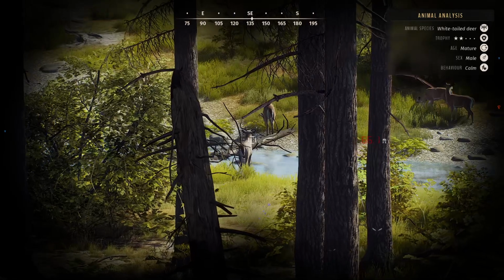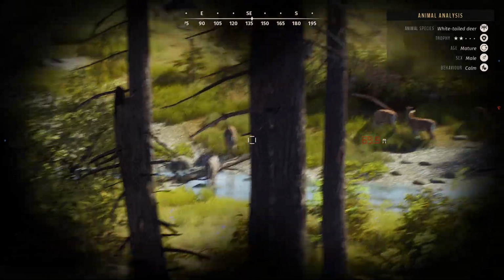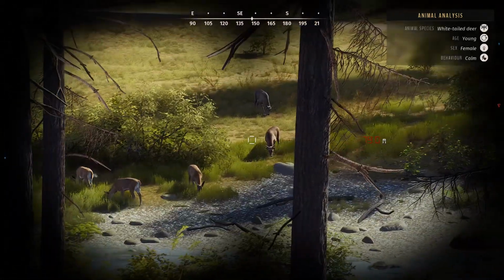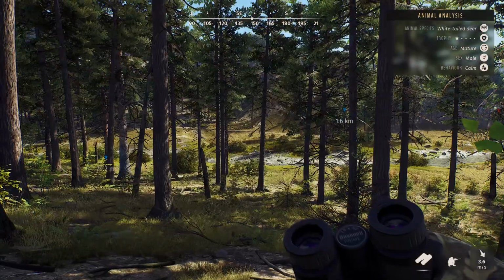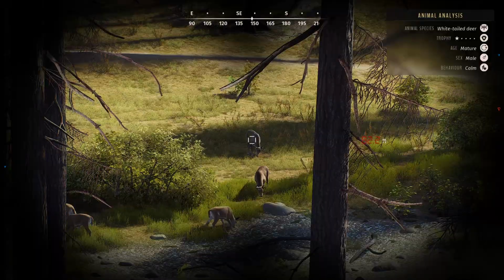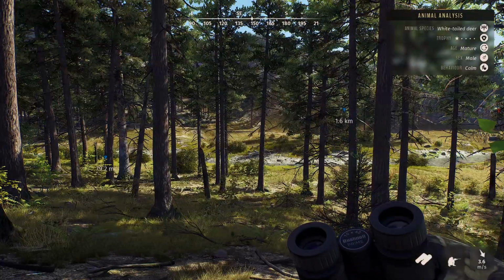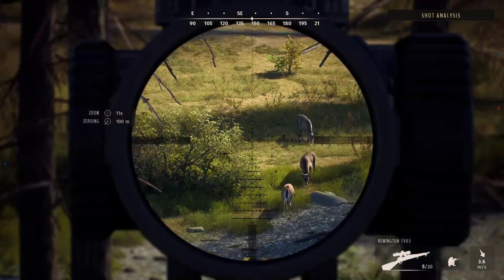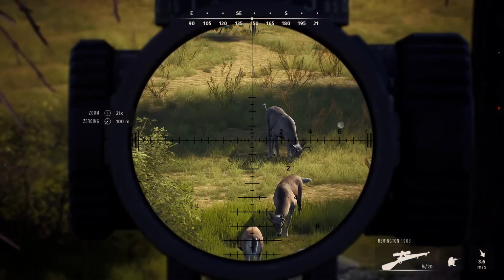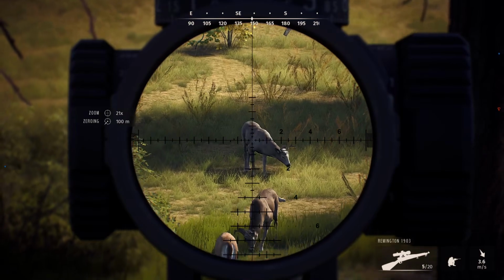Alright. It's not really a herd that I need to worry about too much, but might as well take care of it while we're here. What range is he at? 82, he's not very far away at all. I got this right here, 30-06. So, basically,